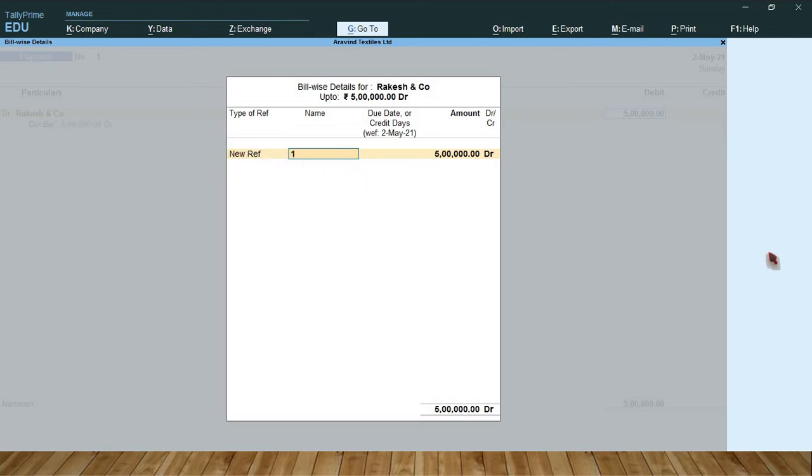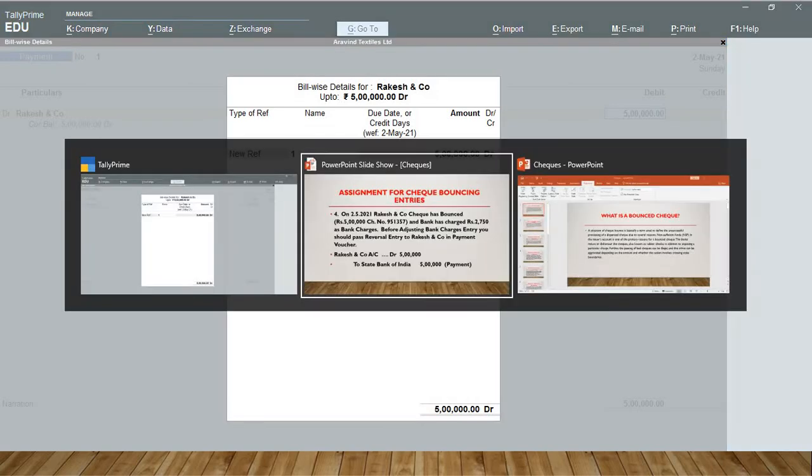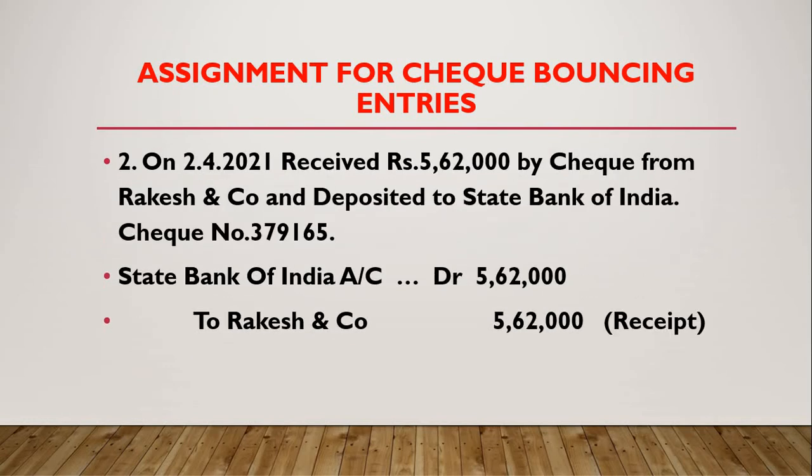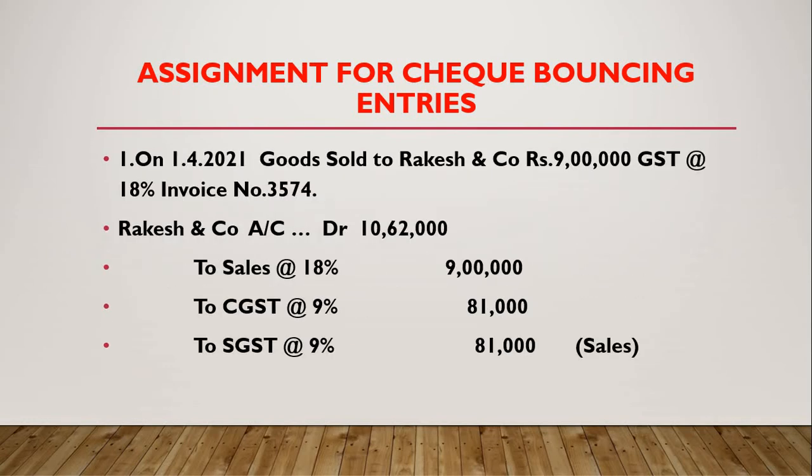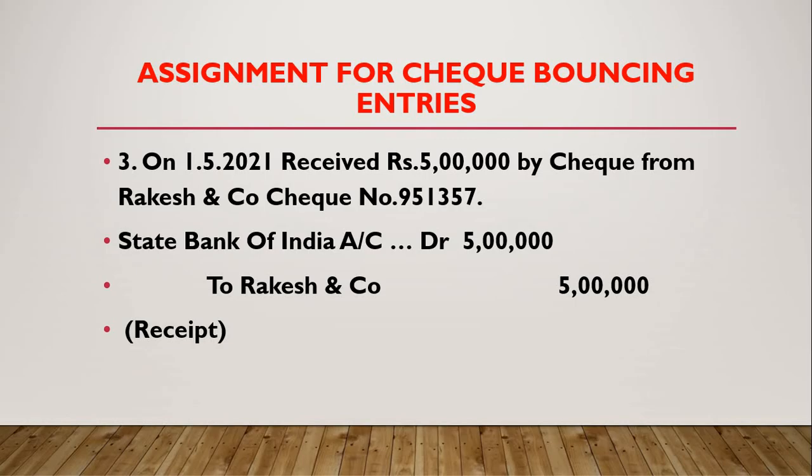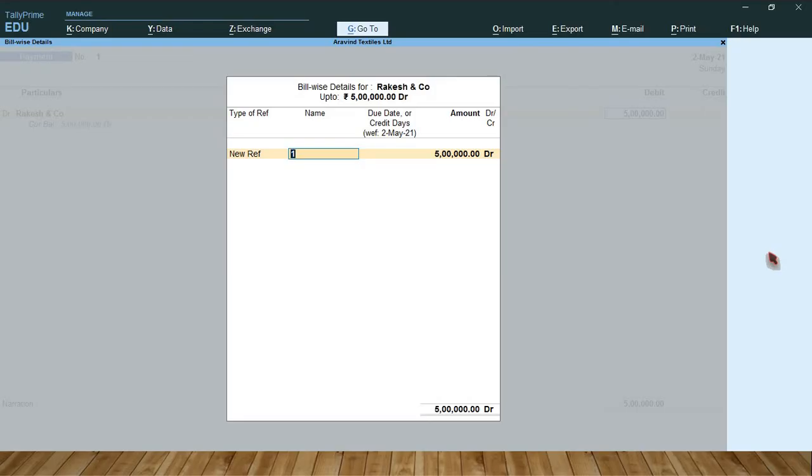New reference. Give the original invoice number, that is 3574-1, because we have already used the same invoice number. Tally will not take a repeated invoice number.